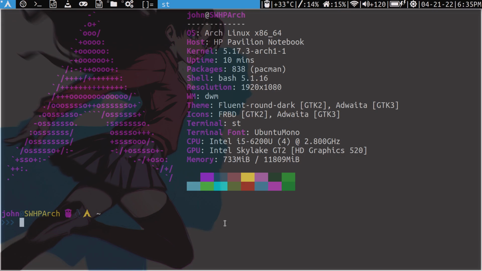If you know the suckless software, ST, it is really meant to be configured through the source code, right? It's not really meant to be configured outside of that. But I found a way using pywal, which is the wallpaper scanner that creates a color palette based on the colors found within a wallpaper. I found that this tool actually can accept